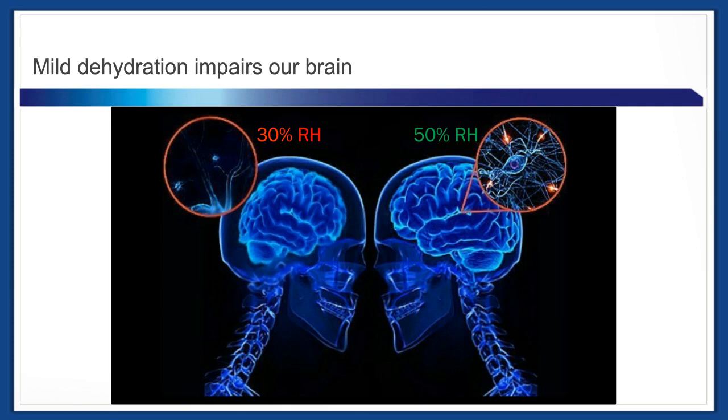This slide, which I'm trying to bring up, is sort of a graphic display of a study done by the military showing,